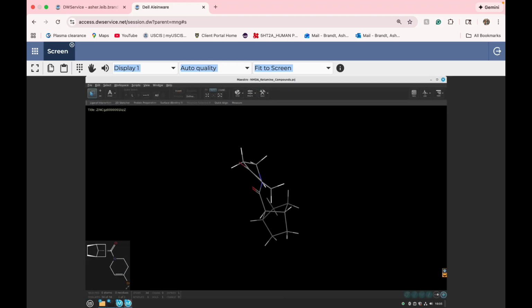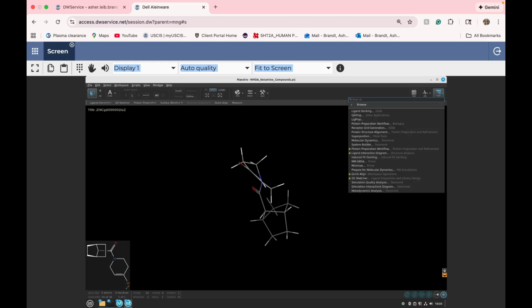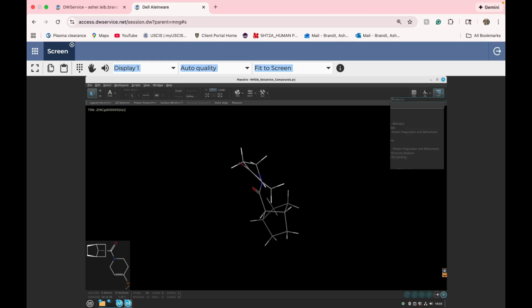The next thing to do is, most workflows will recommend that you prepare the ligands, which means you put the ligands at the correct protonation states. Theoretically, from ZINC, these are at the correct protonation state, but a lot of times you have a missing pair of valence electrons around an atom, and that usually comes up as an atom typing error in Maestro. Maestro does fix it if you go straight to docking, but it's actually better to prepare the ligands in my opinion. So I'm going to go to LigPrep,